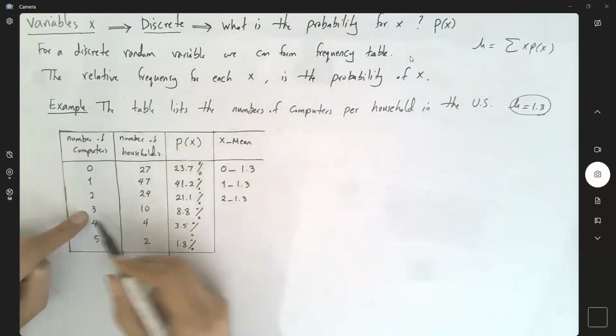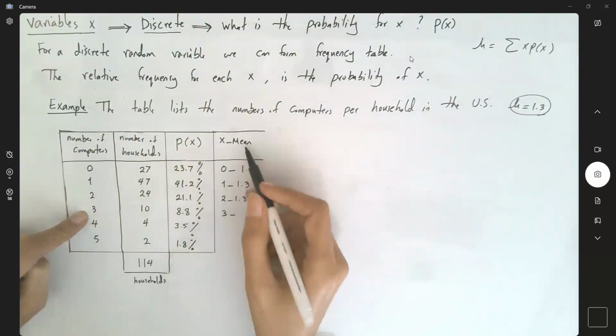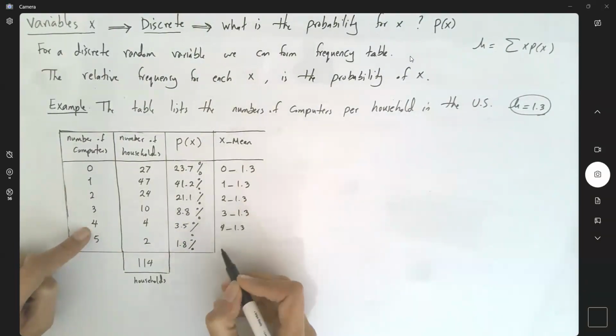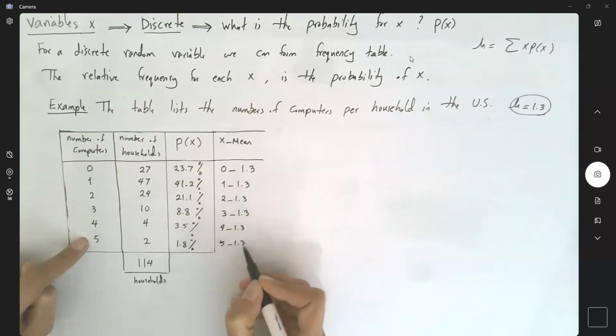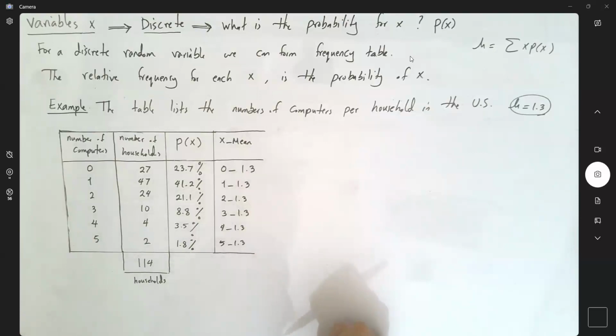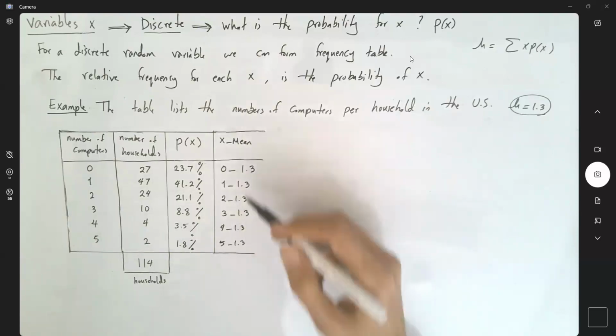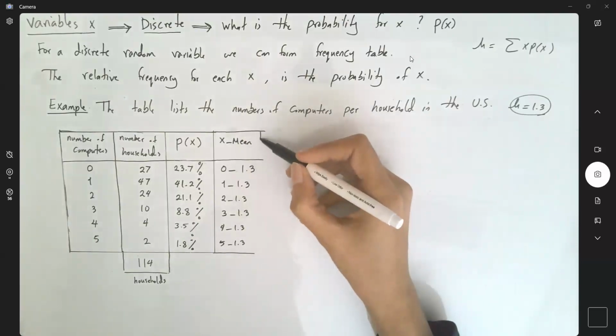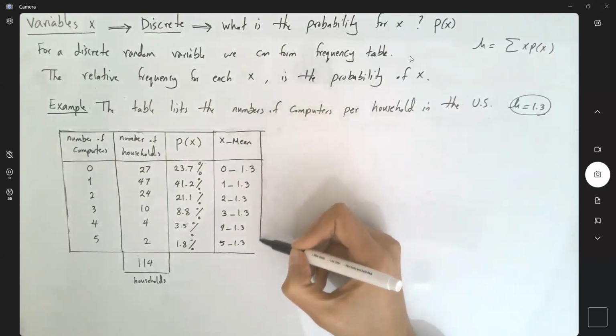The next x value, 3 minus 1.3. 4 minus 1.3, and 5 minus 1.3. And we need to do the computation here. We have some algebra, all right? After calculating this,